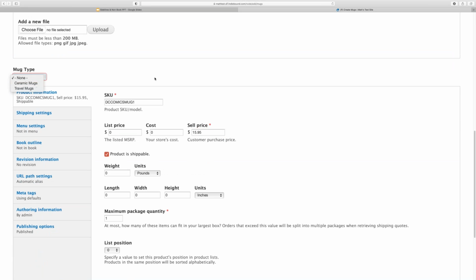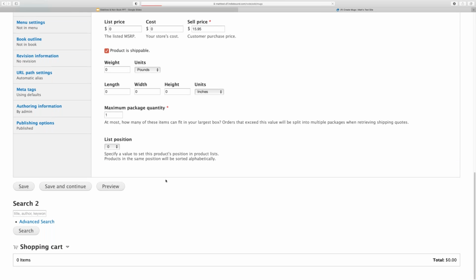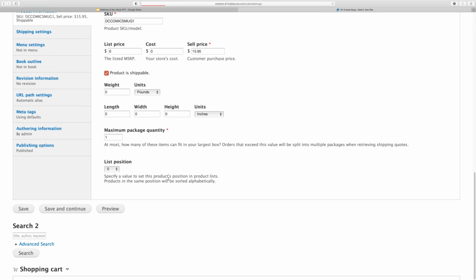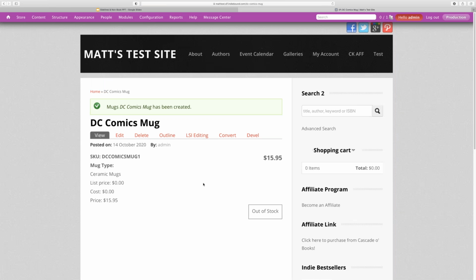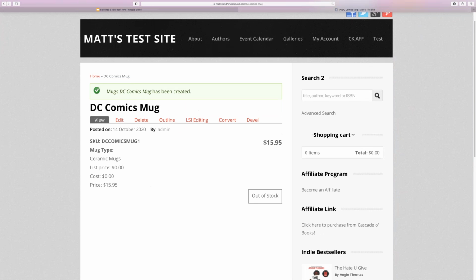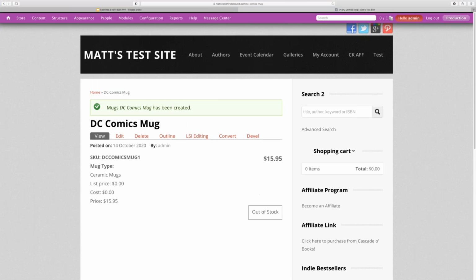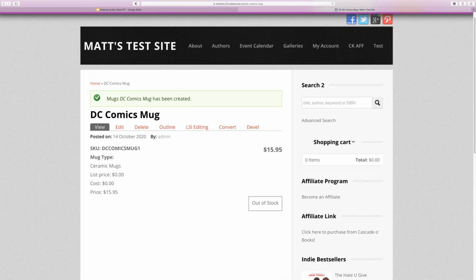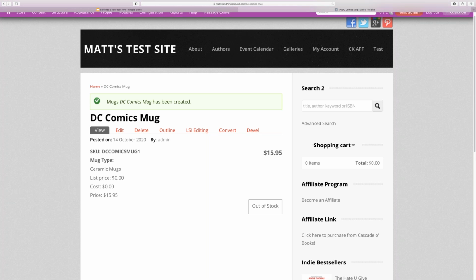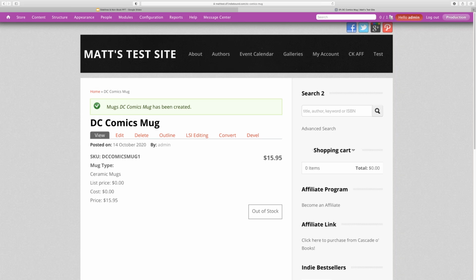And we'll say it's a ceramic mug. So I didn't upload a picture for this, but you can see it's pretty simple. So we can go on in this way. We can add any number of mugs and other products by just creating them one by one like ordinary content on the site. And again, there's absolutely nothing wrong with that approach if you want to do that.